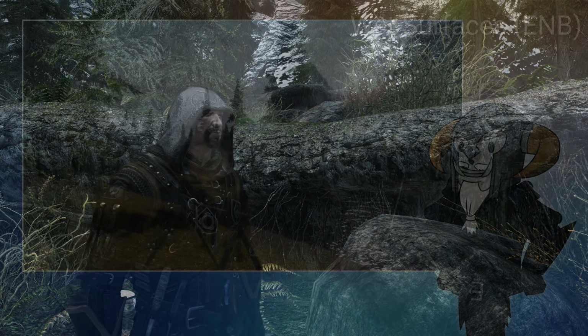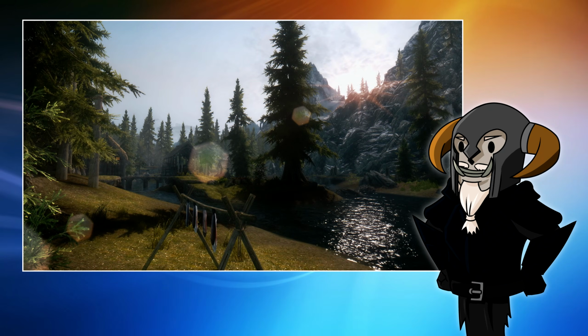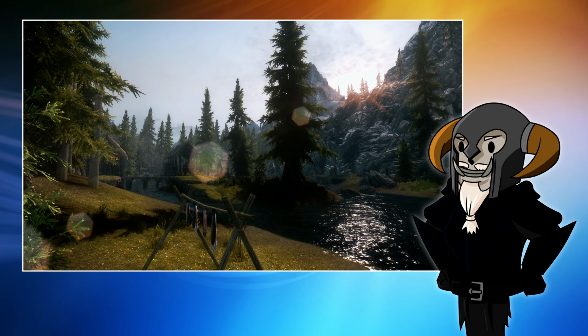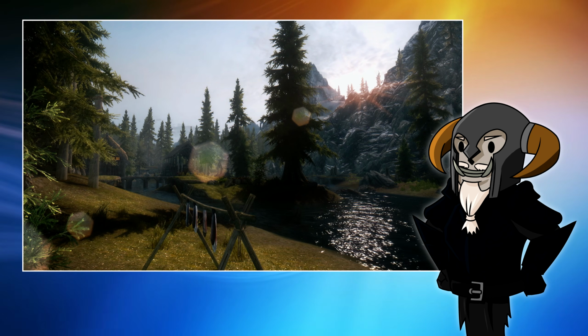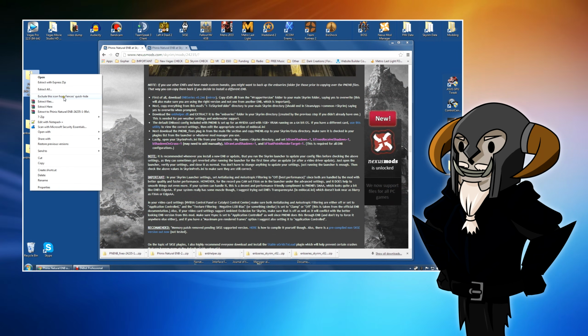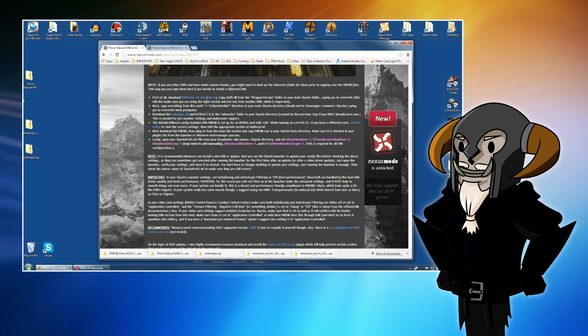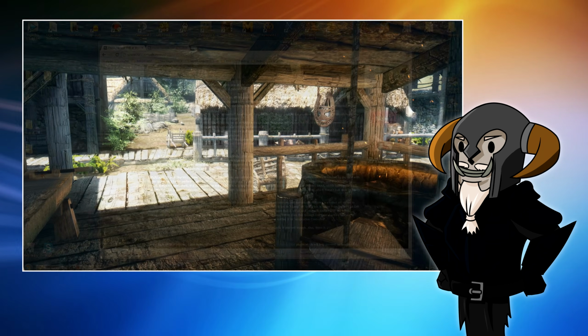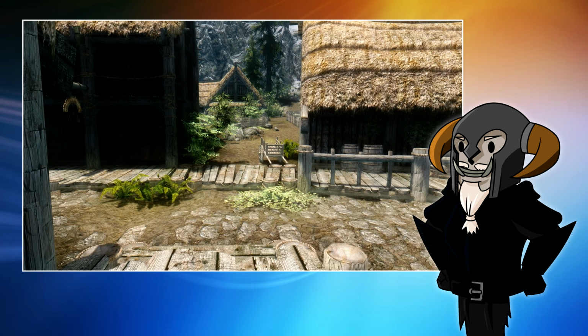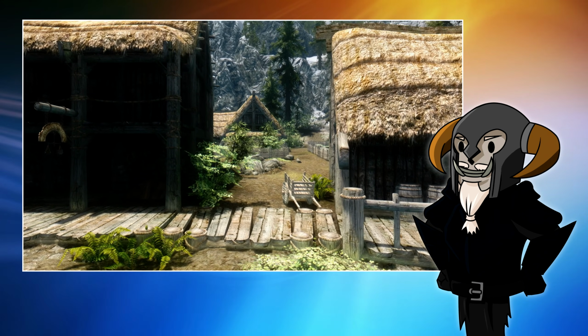But it's not just the scope of these enhancements that make this mod series worthy of special attention. You see, there are two other things you need to know about this mod. One, it usually requires a slightly different installation process to other mods for the games you're used to modding. And two, it's extremely customizable and it can take months to set up correctly if you want to create your